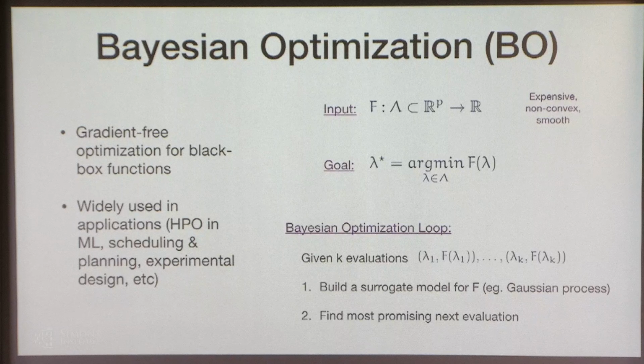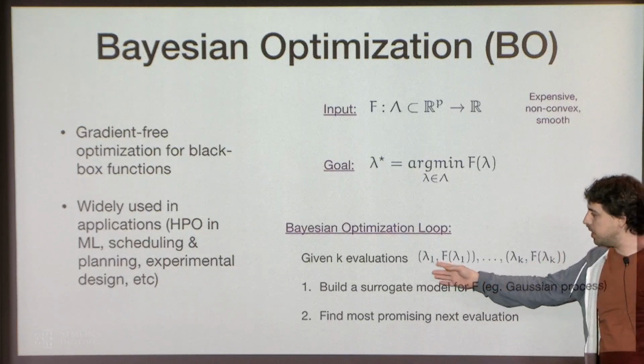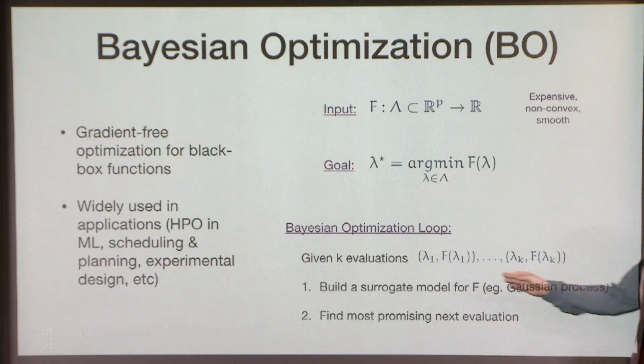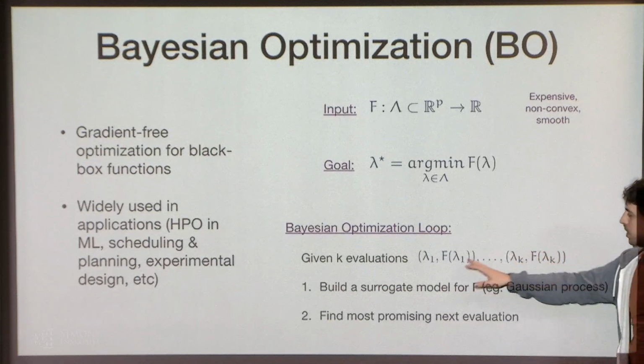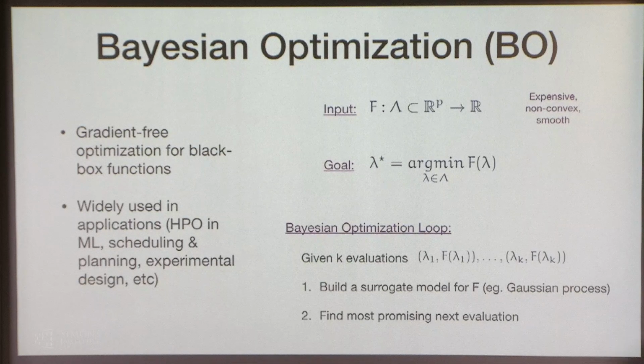And the way a Bayesian optimization loop works is the following. We keep track of k evaluations of the function on lambda 1 through lambda k points. And using this data, we build a surrogate model for f, right? Typical Bayesian optimization would use a Gaussian process for that. If you don't know what a Gaussian process is, don't worry. Just think that we have these few evaluations of f, and we're doing some interpolation in the hyperparameter space. This interpolation is probabilistic in the sense that it doesn't only give us some shape f hat for f, but also gives us some degrees of uncertainty around this interpolation.